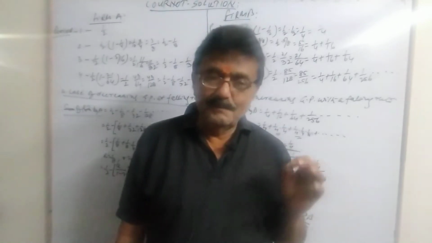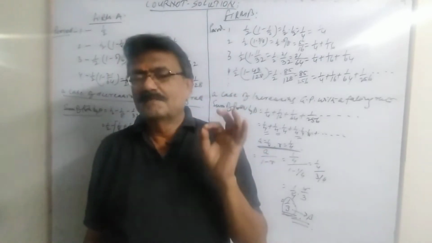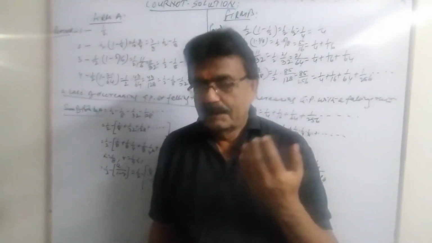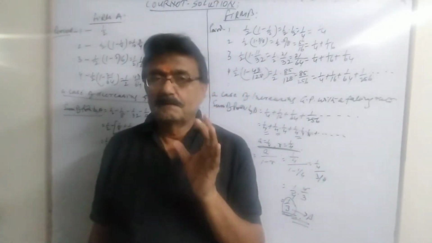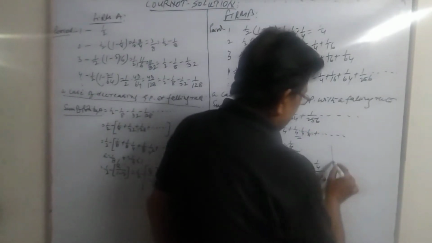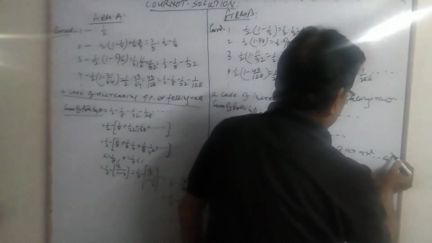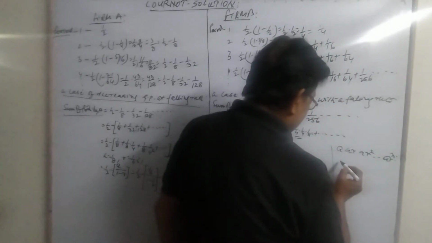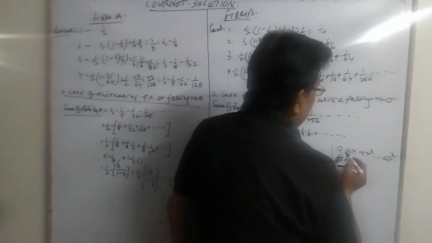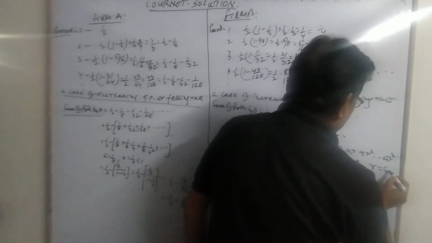Now to explain this model mathematically and to get that result, a little bit of mathematical tool is used, and this is a GP, because to explain the model we shall need the summation of a GP of certain terms. So just a little bit about GP: if there is a GP, A, AR, AR square and AR to the power n, then the first term is A, and then A multiplied by R. This R is called the common ratio.